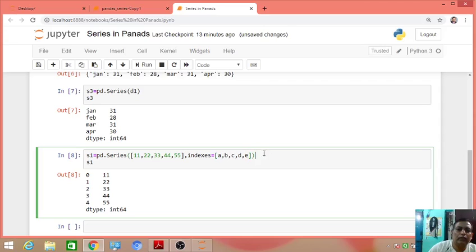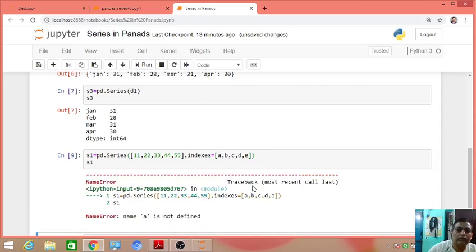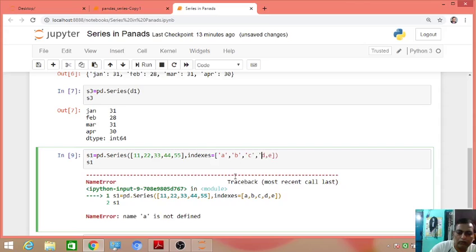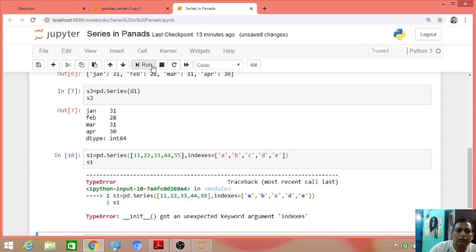It will give an error, I think. Yes, because you have to keep these characters in single quotes. Now again I will check why.